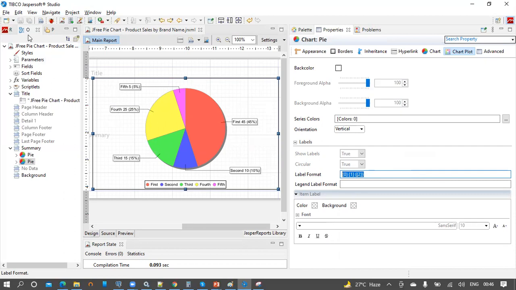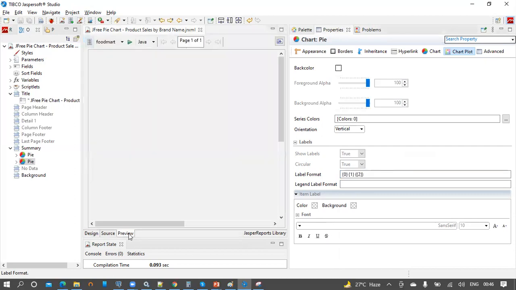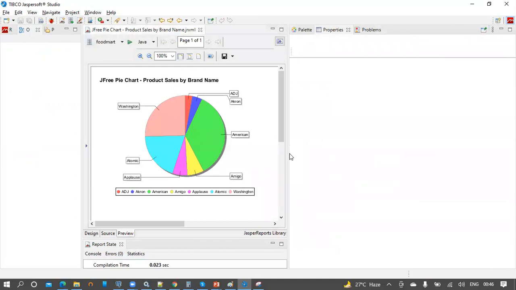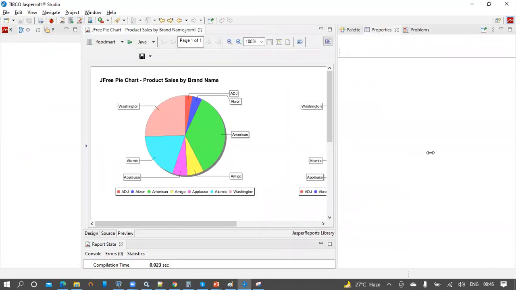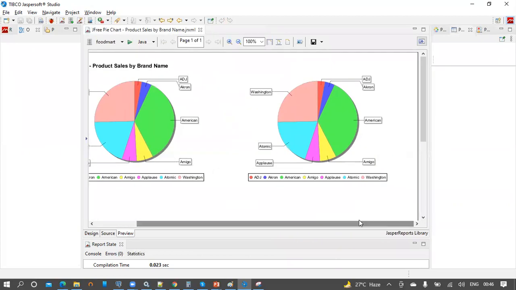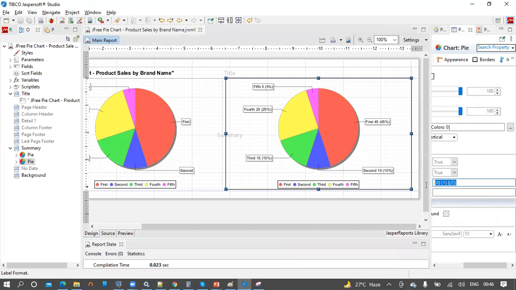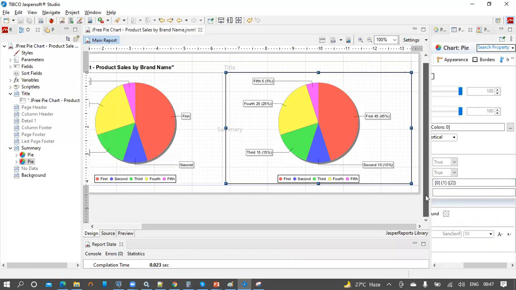Let us see whether we get these percentages and values along with the categories by running the report. Click on the preview and we should be able to see the percentages and values. We are not seeing them on the output because when we use these properties, we do not need to take the labels in the chart configuration.